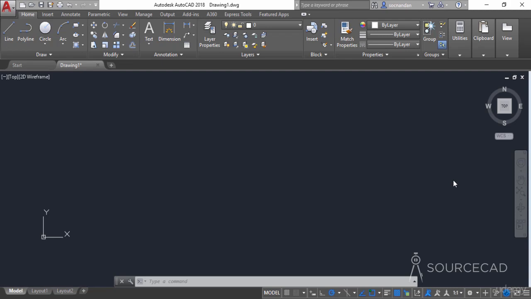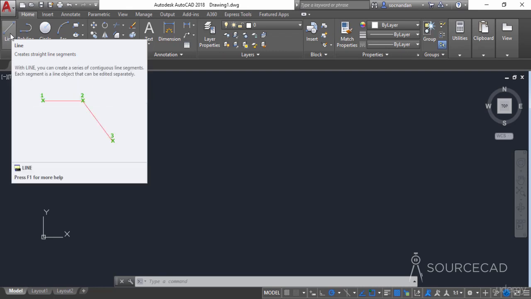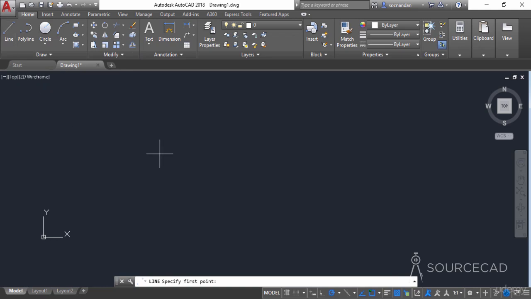So let's start making drawings in AutoCAD, and we'll start with the line command. You can start any command in AutoCAD in two different ways. You can either select the command from the panels on these tabs, or you can use its command equivalent. In this case, if you want to start the line command, you simply have to click on this line icon or the line tool. Alternatively, you can also use its command equivalent line or its command shortcut L, and you can simply press enter